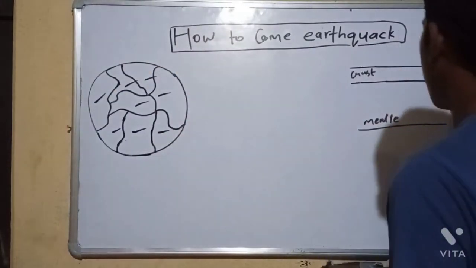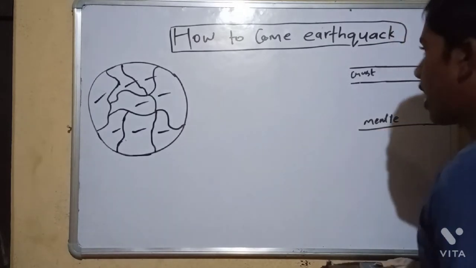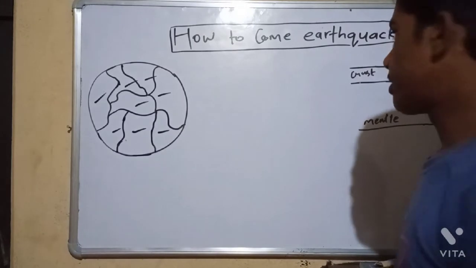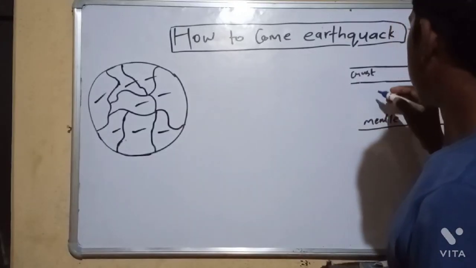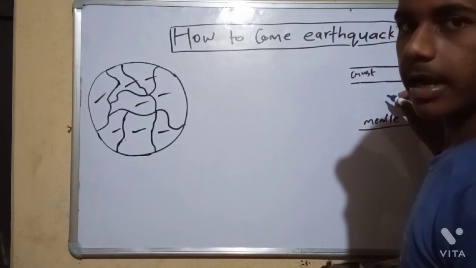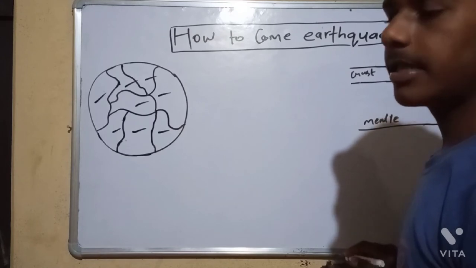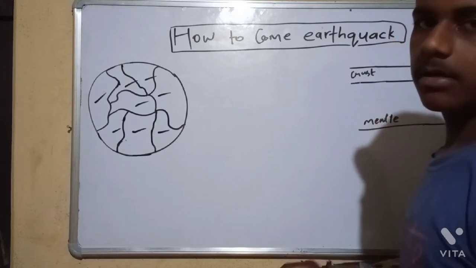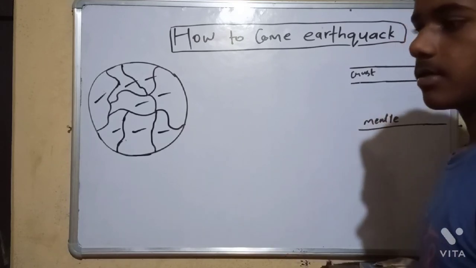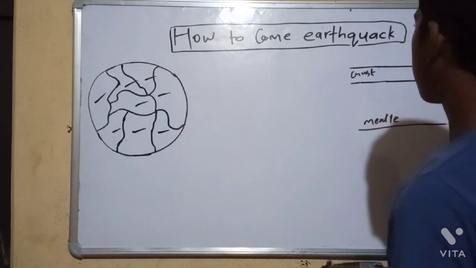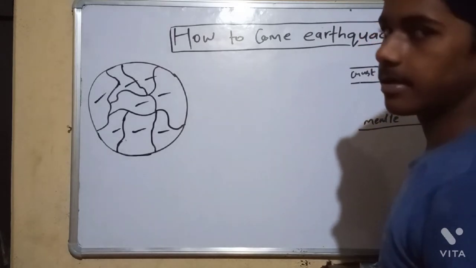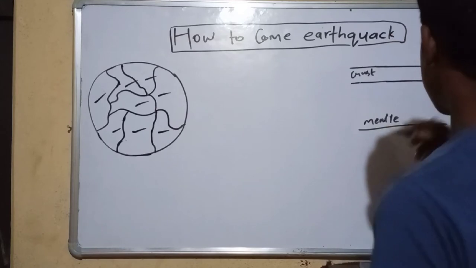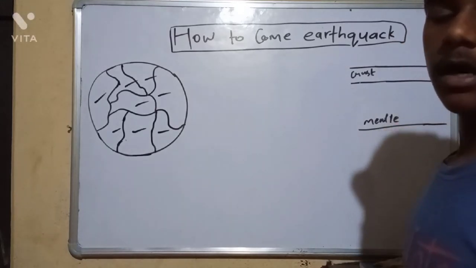I think you know that our earth is divided into many layers, which are the outermost layer, the crust, the middle layer, the mantle, then the core. The core is the middlest, meaning the middle of the earth's layers. The crust is where the earthquake